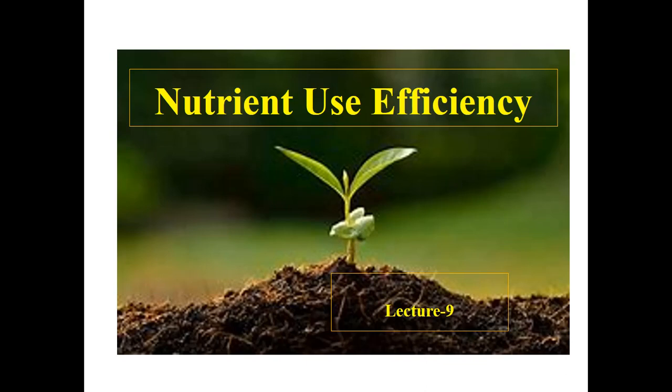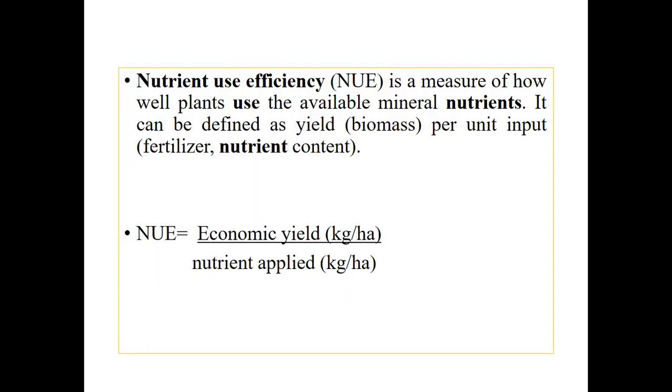This is a small chapter, so I'll be taking it up. So nutrient use efficiency, what does this actually mean? Efficiency is nothing but how effectively or how well a particular plant can do. Let's take the example of human beings. If I am reading for 1 hour, then how efficiently I am reading depends on the capacity of the human being, how well he can manage.